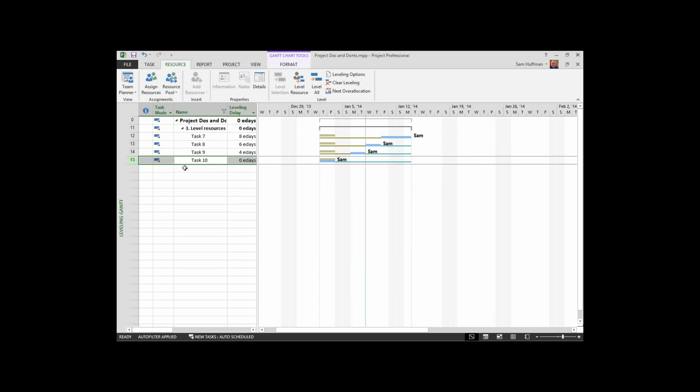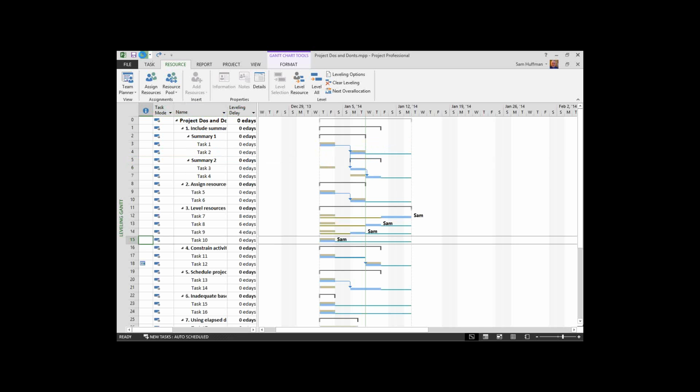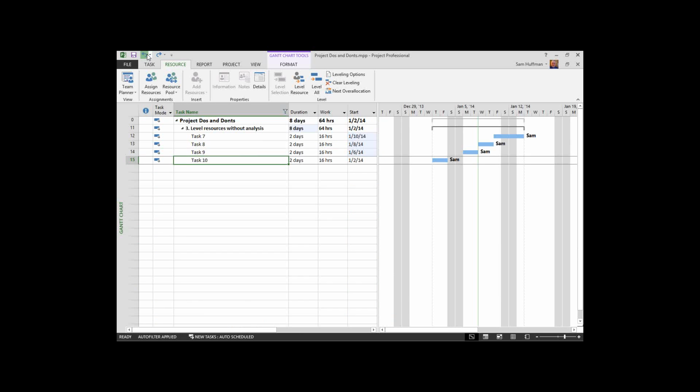So you can prioritize, but in project, prioritization is used in leveling the tasks themselves. Be careful. Use a little analysis after and during the leveling of your tasks. I'm going to undo this now and get back to that pristine shape that I wanted to be in. Next on our hit list,